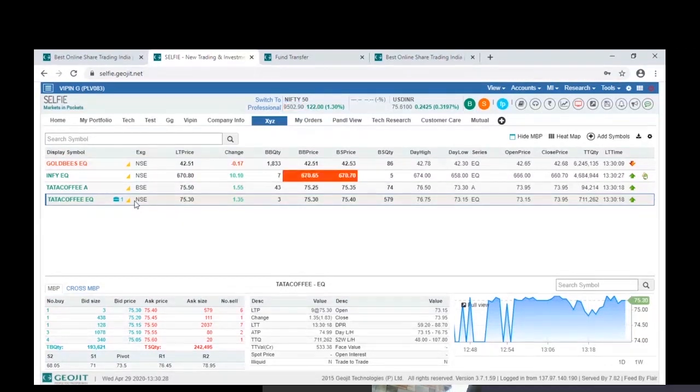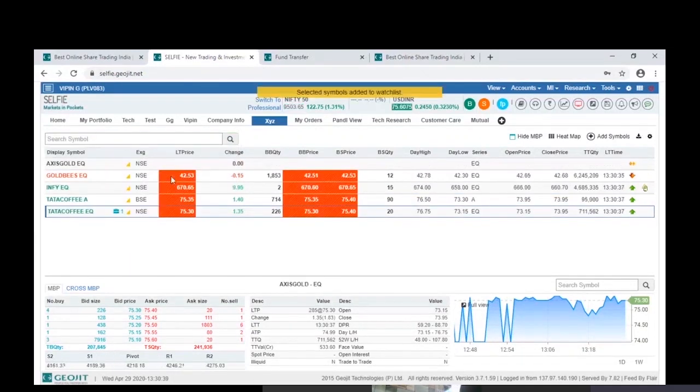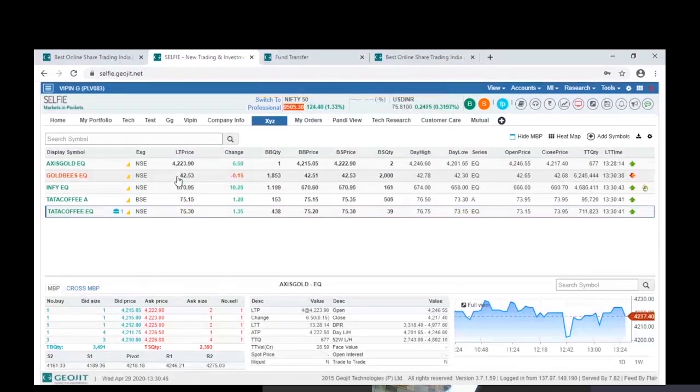Yeah, see, if you search here, you can see any of those ETFs. This is Axis Gold ETF. These ETFs are basically all mutual funds. But when you want to sell at a later date, you are identifying a seller in the market. You are not redeeming to your fund house like a mutual fund. Here you are identifying a new buyer and selling the units to him. That is what we call an ETF.